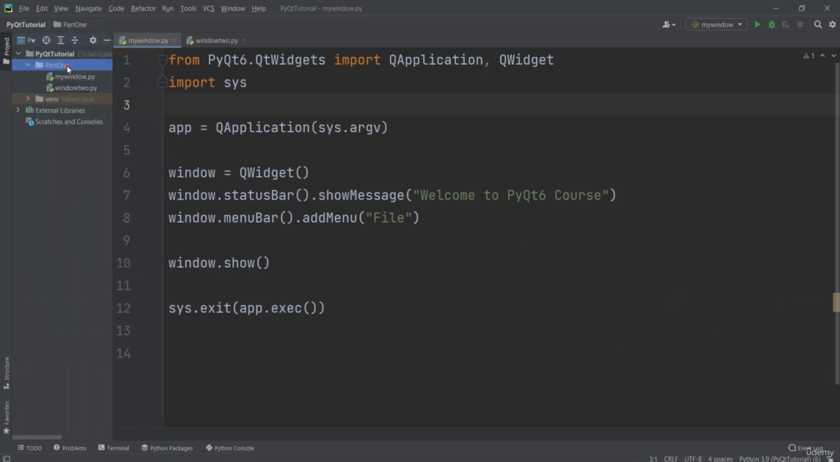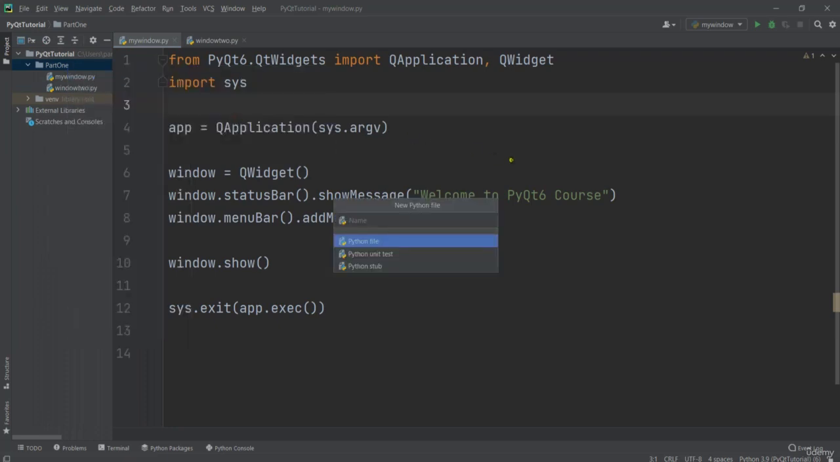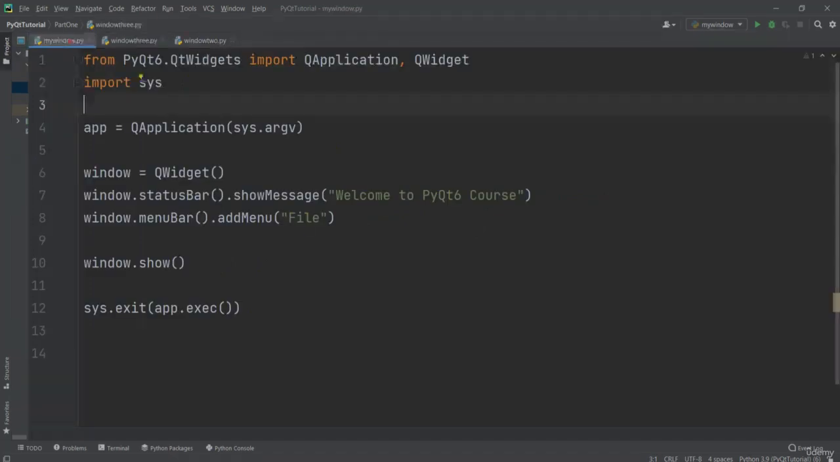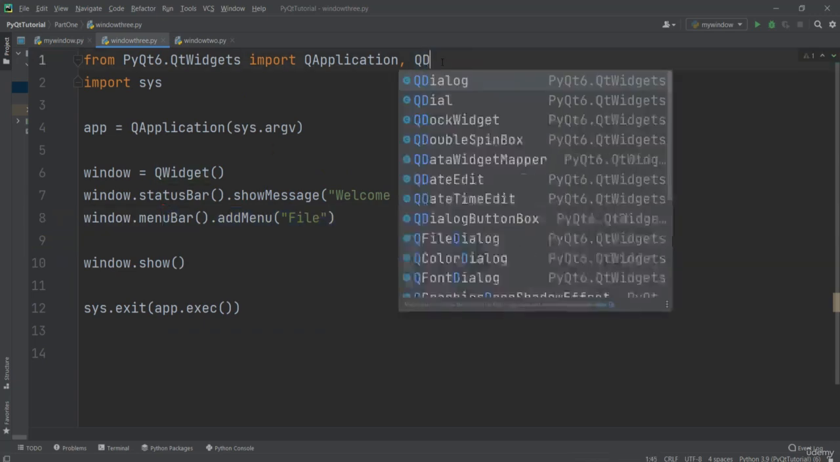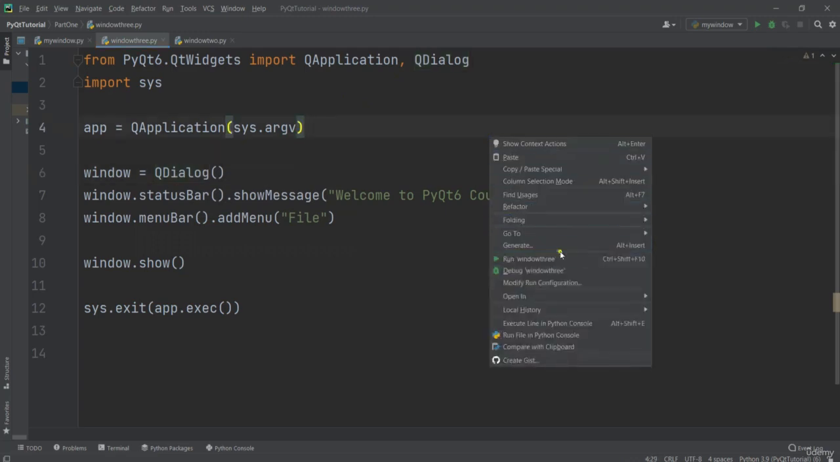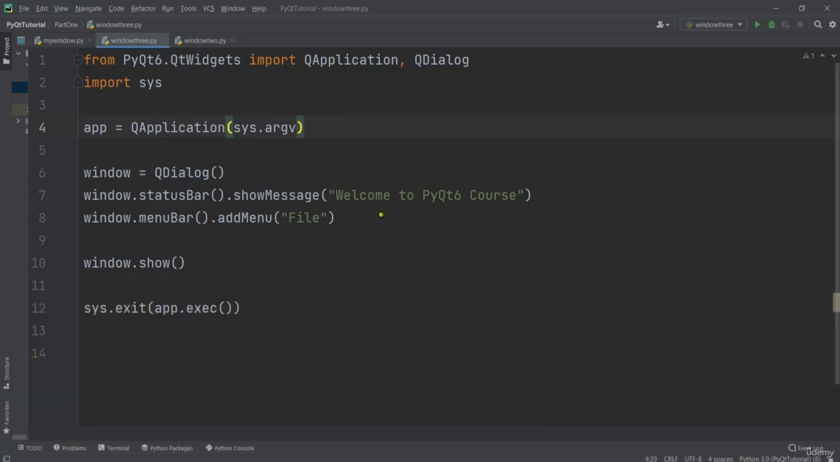Now, let's create another type of window, that's QDialog, and as I've already said, it is like a dialog window, and we can just say window3, and we can just copy the exact code from here and paste it in this section. So let me just first change this to QDialog, and this should create the object of QDialog. Now if I run this, you can see that we are receiving an error that the QDialog object has no attribute statusbar. And now if I remove these two,